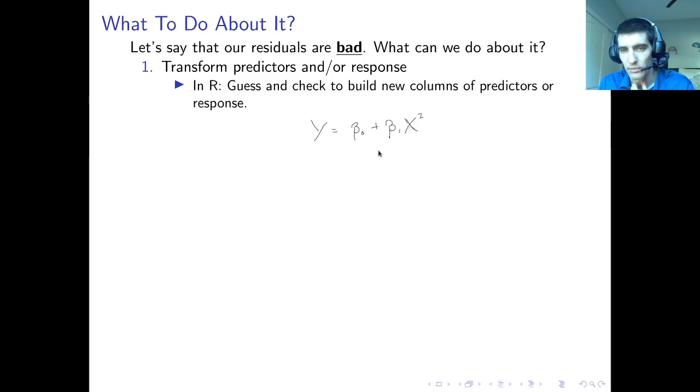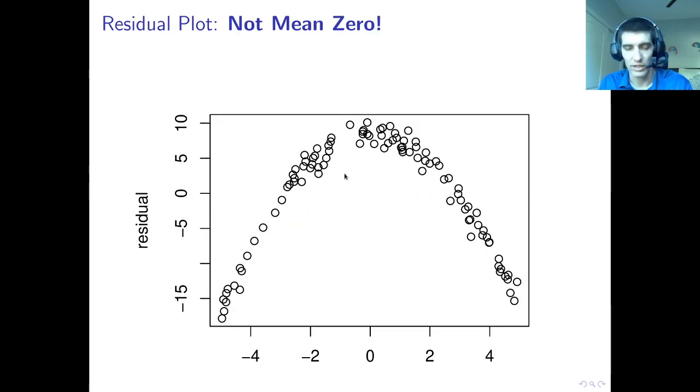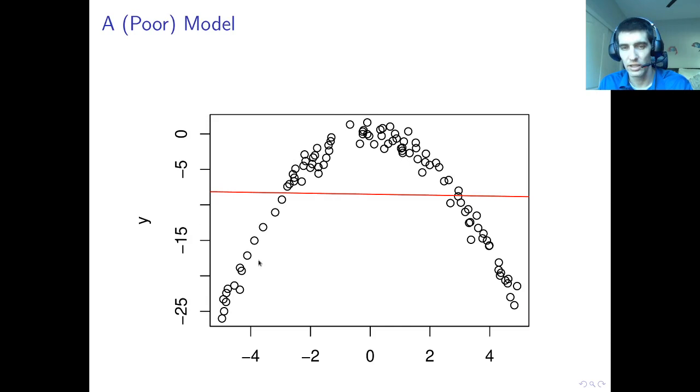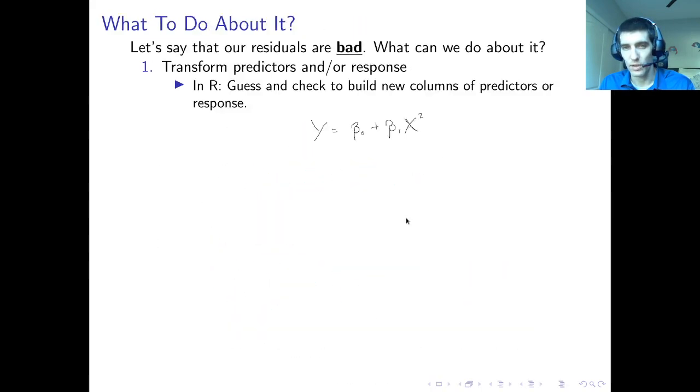If this is your true relationship, this, for example, looks similar to what we saw some time ago. I gave you this example, which was y related to x. We stuck a couple of models through it to talk about some residuals. But this is y approximately equal to negative x squared or something like this, right? We have a negative quadratic relationship. And if this is true, what we can do is take this first predictor and say, let's define a new predictor,